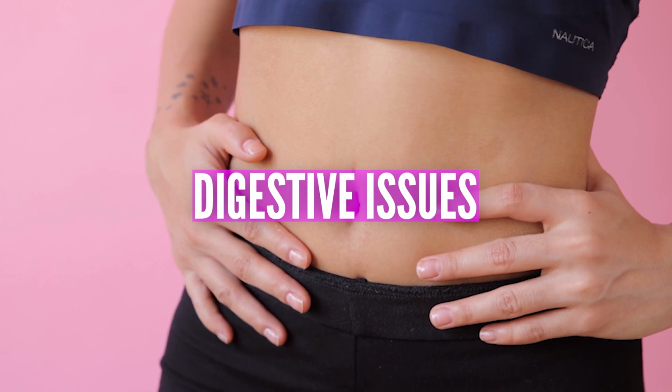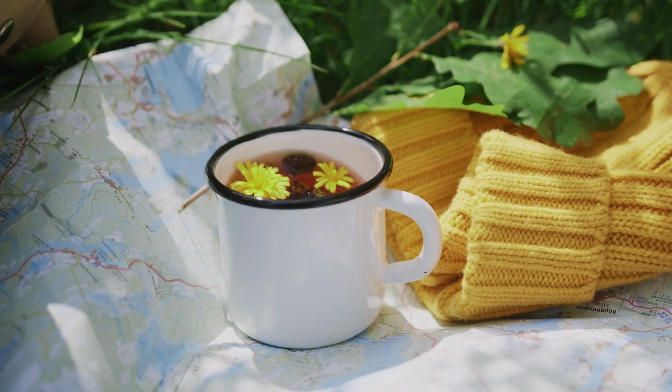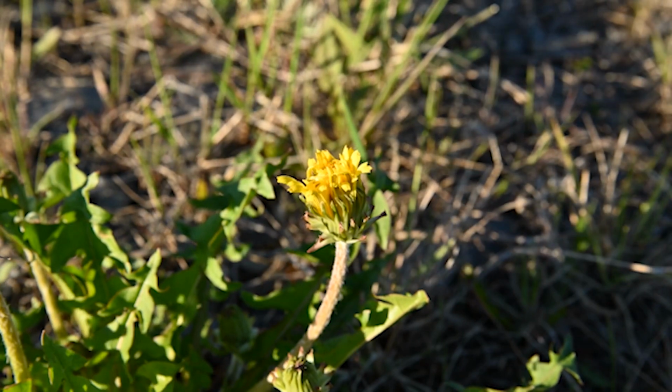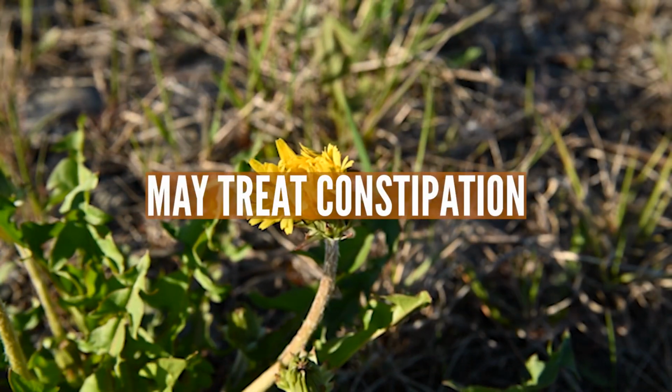Digestive issues. People often drink dandelion tea to improve digestion because it's believed to increase the production of bile, which breaks down fats in the digestive system. The root of the dandelion plant can also improve digestion and may be used to treat constipation, bloating, and other